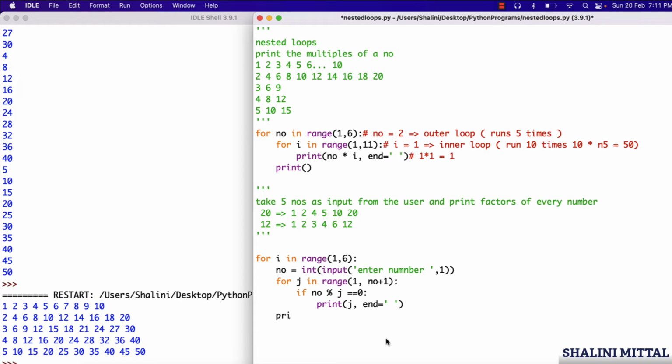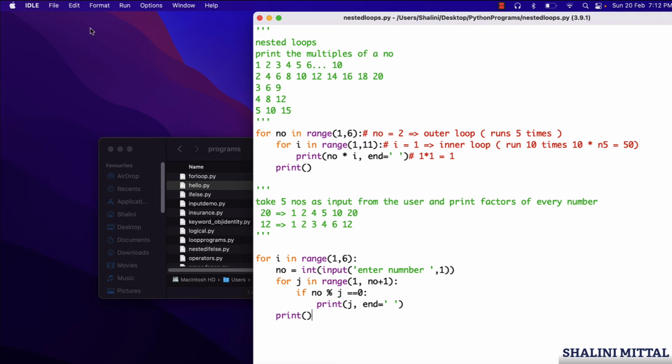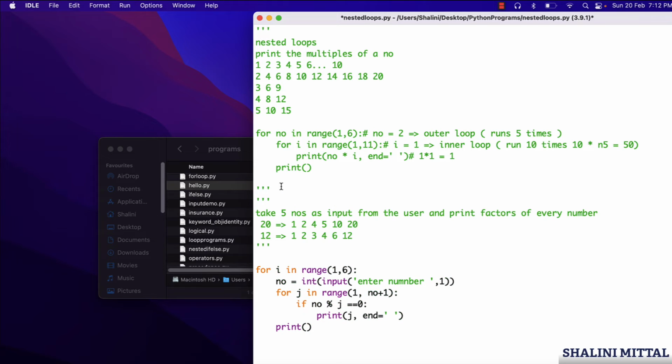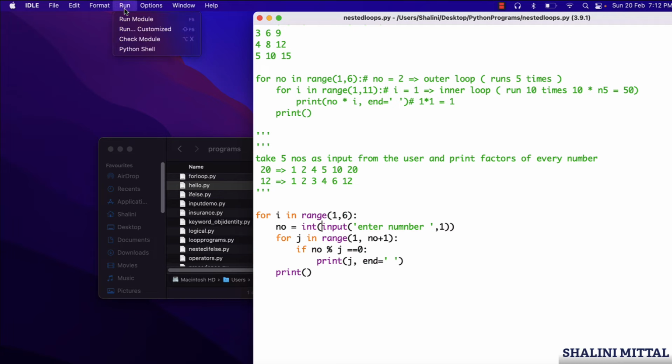And then before it takes the next number, I'll just say print an empty line, to go to the next line. I'll save it and let me restart and let me comment out these so that we can focus on only this part. So if I run again,